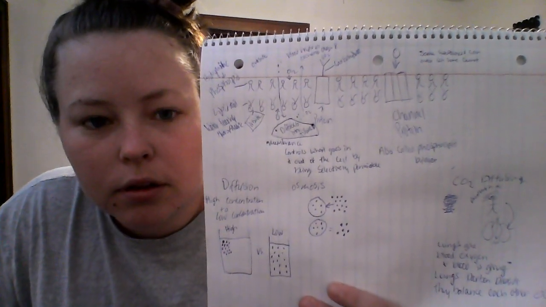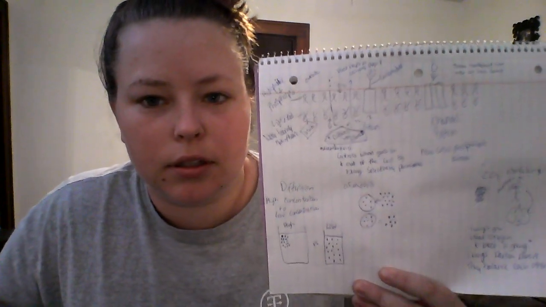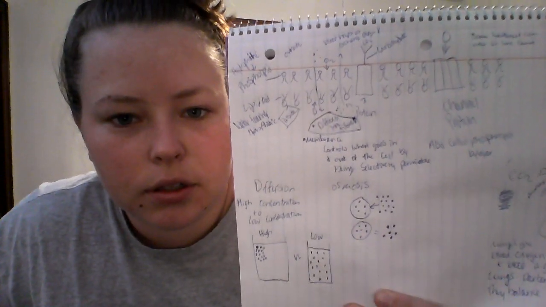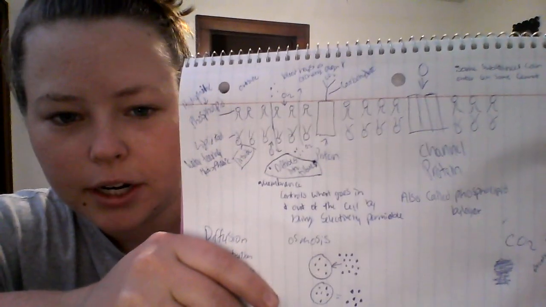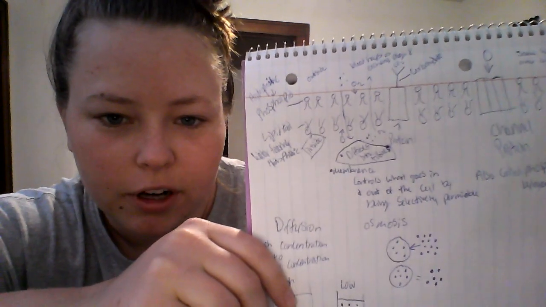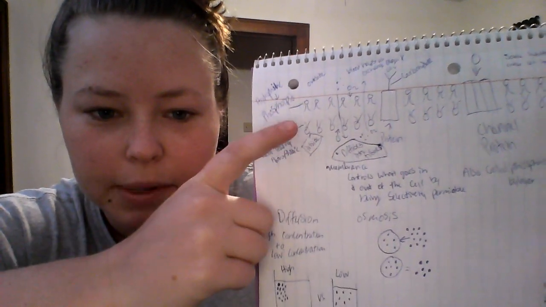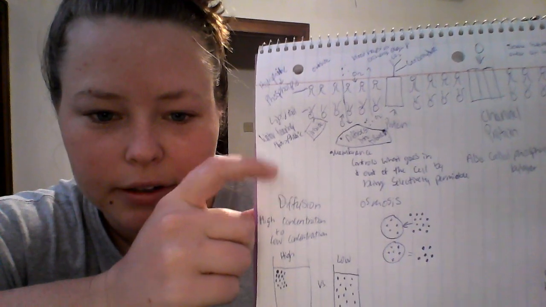I'm going to be talking about the plasma membrane and then talking about diffusion, osmosis, and CO2 carbon dioxide diffusing. Here's my little diagram that I drew. Okay, so, sorry, this is hard to see. I need to get closer. Alrighty, so here are my phospholipid heads, and then these are my lipid tails, and the